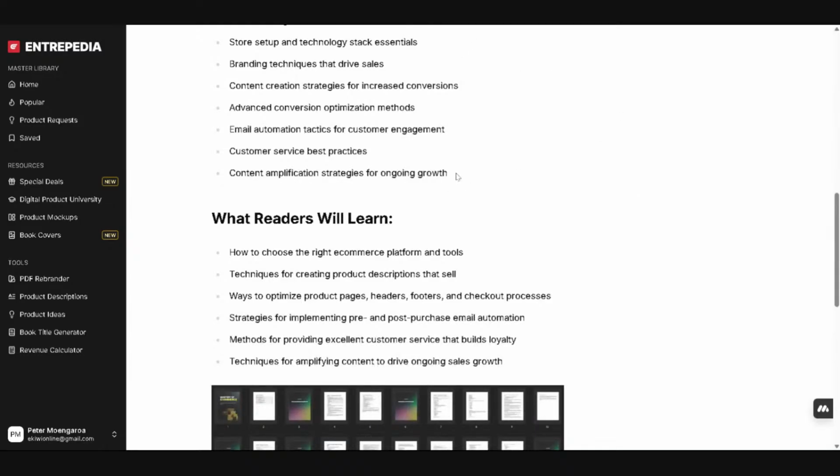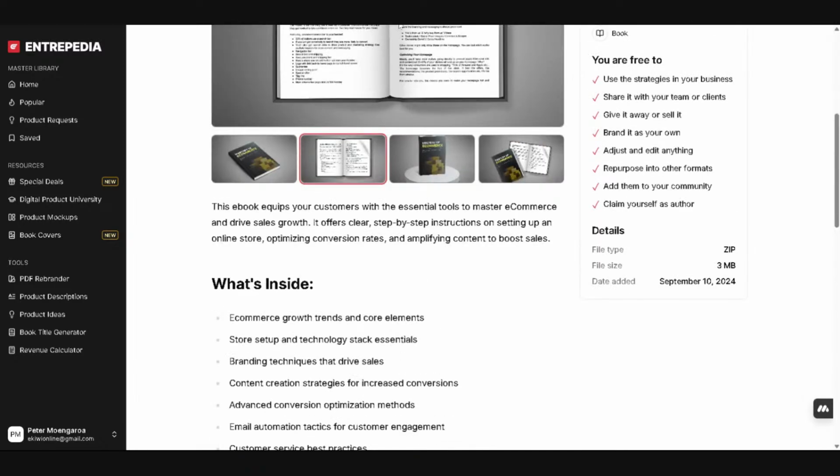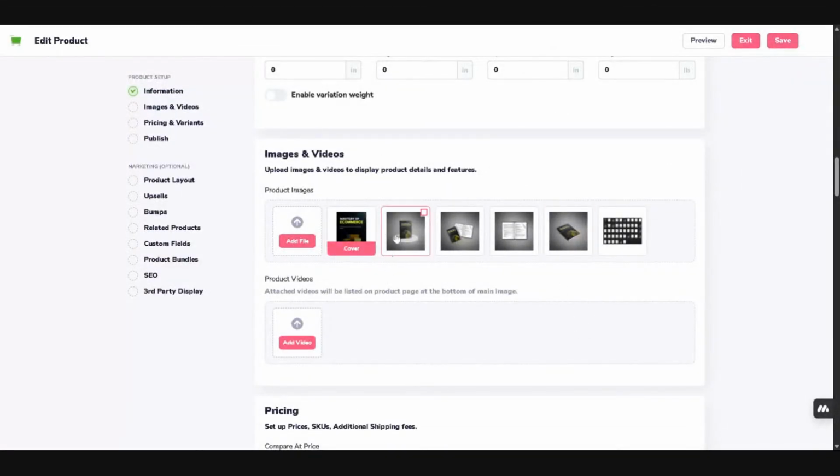That's what gave me the final result. All right, head back to my products again. So these are those images I was talking about. Here they are. I even grabbed the one which had a view of all the pages and stuck them in there. Now, the other thing is that sometimes when you want to change the cover photo, if this has been selected by default and you want to change it to the main one, which is the book cover,